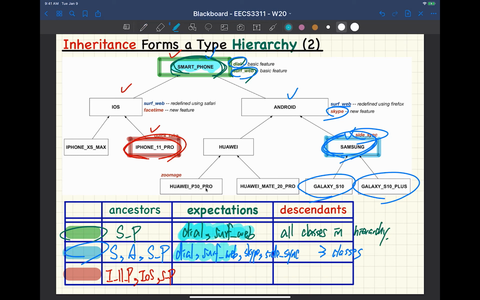Now notice one thing here. These 2 classes are cousins, as I said, right? The only thing in common is smartphone. That means the pink one I just highlighted is their common ancestor. Okay? Let me put it down here. So what I meant was, for this particular class, it is the common ancestor. How about the lowest common ancestor